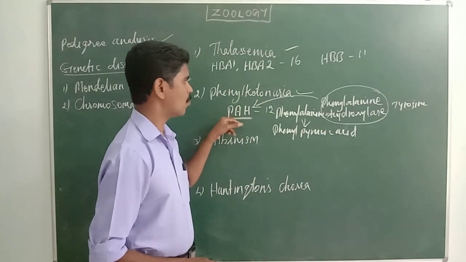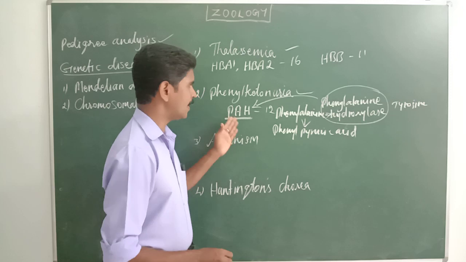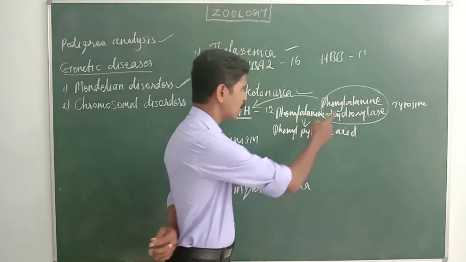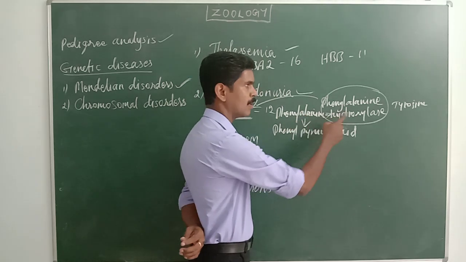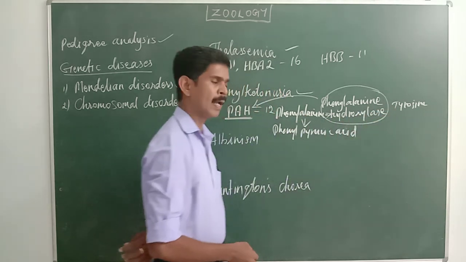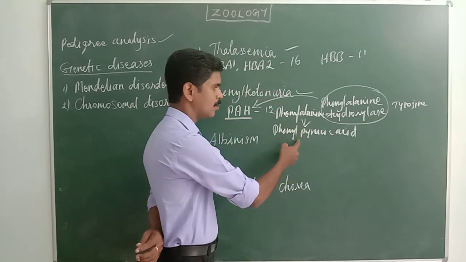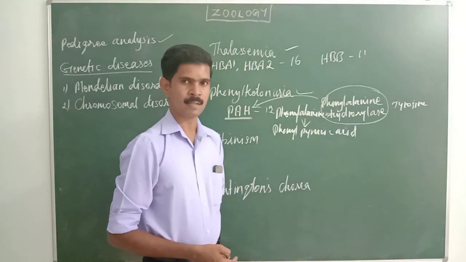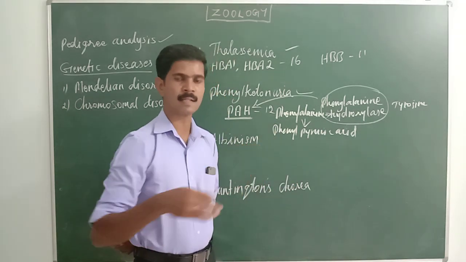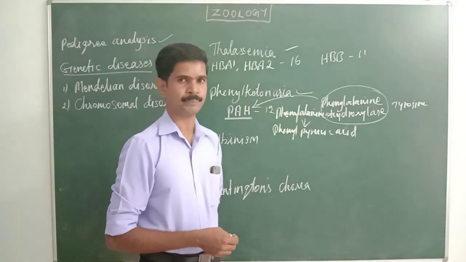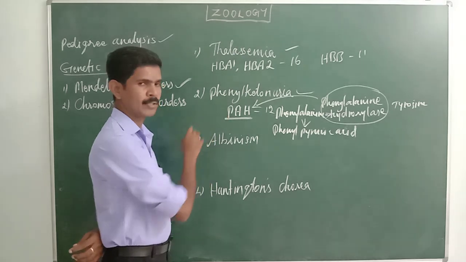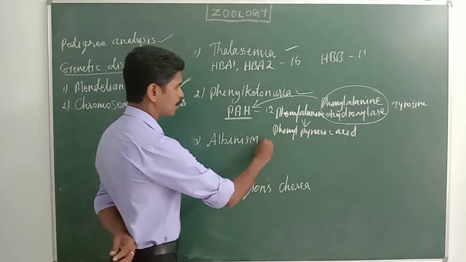If this gene is involved in mutation, the gene is unable to produce this phenylalanine hydroxylase. So the phenylalanine is not converted into tyrosine and the phenylalanine is converted into phenylpyruvic acid. Understand? And this phenylpyruvic acid is released through the urine. Understand? So now we completed the second genetic disease, phenylketonuria, and now we are going to study about the third